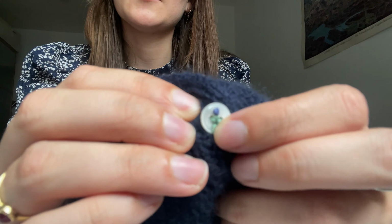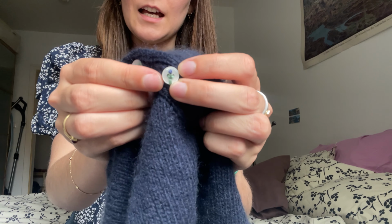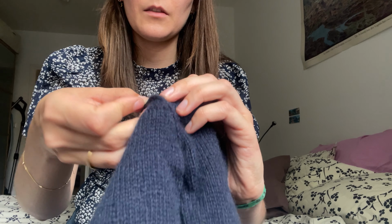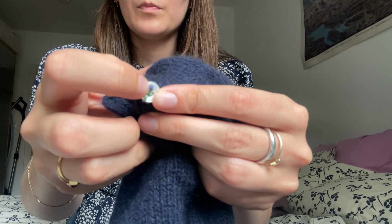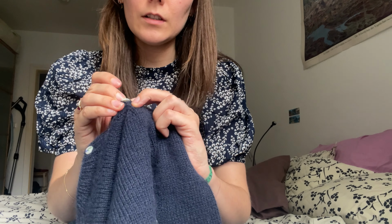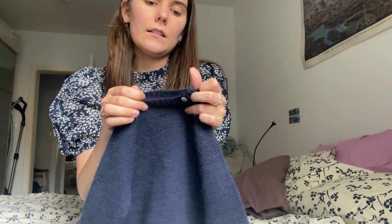It was really simple. I used normal embroidery thread, attached the button to the sweater with the green colored thread, and then just added a little like blooming flower with a French knot to make it really cute. I chose a blue flower because that way the sweater is more gender neutral, and the person that did the